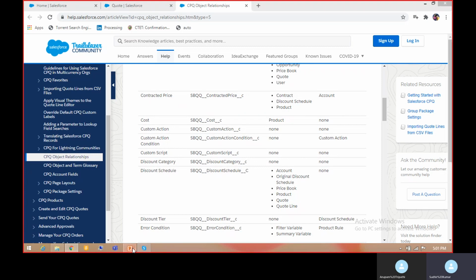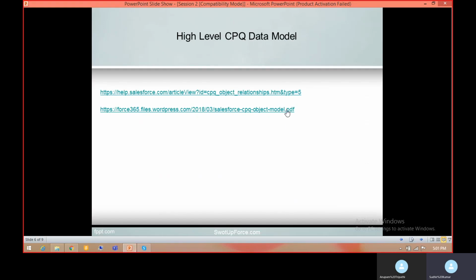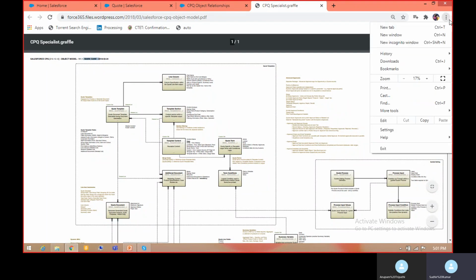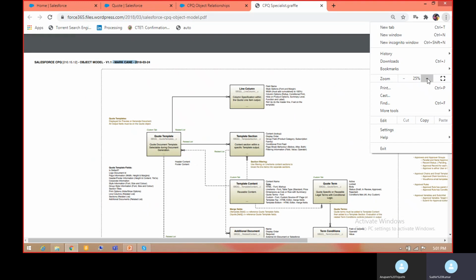You can go through this document for further detail. And one more important link I found during our study, let me show you. Thanks, Mark Kane, it has been prepared by Mark Kane. Let me zoom in for better understanding.